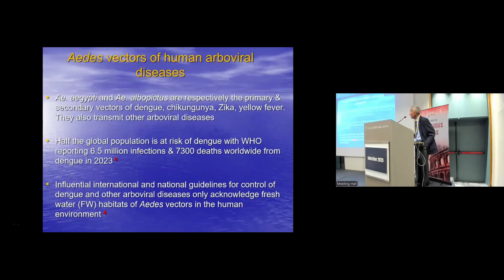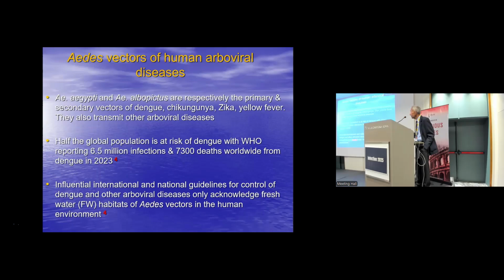So what I'm going to describe is the adaptation of freshwater vectors of diseases, particularly starting off with the arboviral vectors, Aedes aegypti and Aedes albopictus, which have been typically regarded for a century or so as freshwater vectors, laying eggs and developing in fresh water. We don't like to use the word breeding, it's strictly incorrect. They actually lay eggs and undergo pre-imaginal development, pre-adult development.